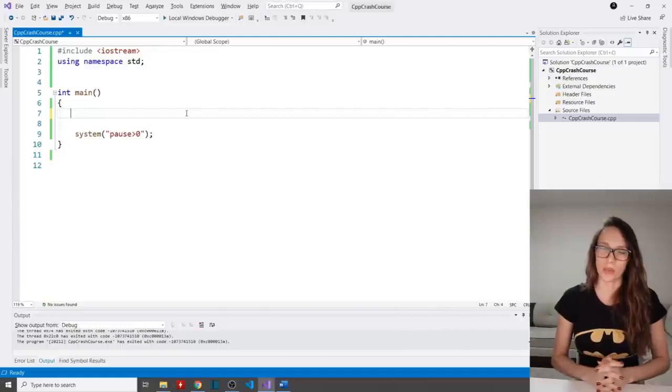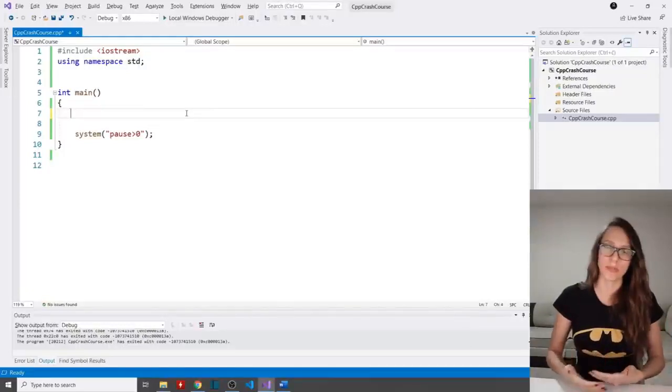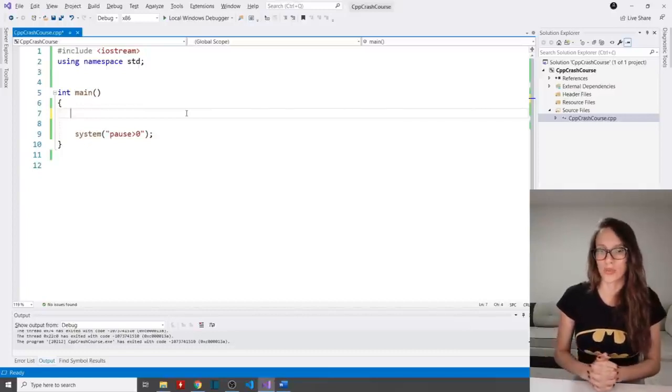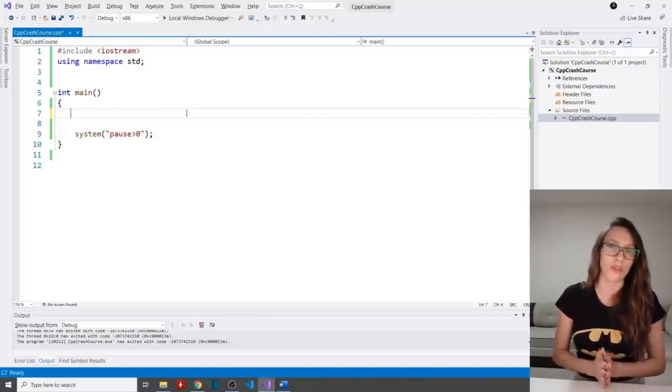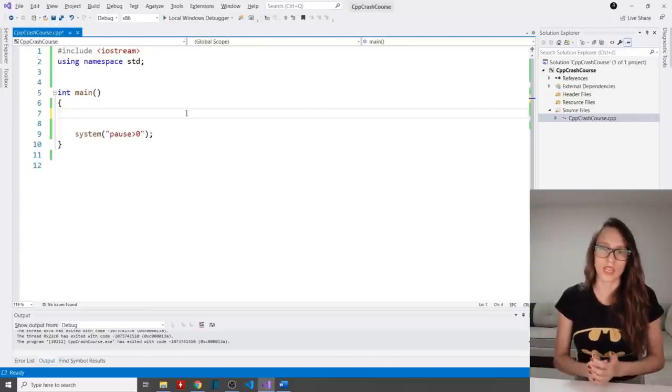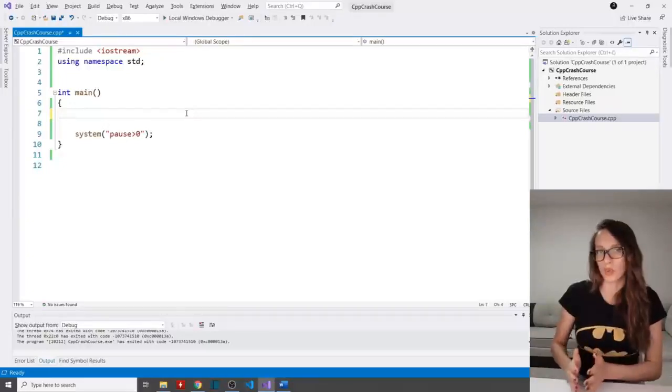The next concept that I want to talk about are loops, and loops are used when you want to execute the same part of code multiple times, or as long as a certain condition is true. And first I want to show you an interesting concept, which is a concept of infinite loop that you can make in C++. And then I'm going to demonstrate examples of while loop and do while loop.